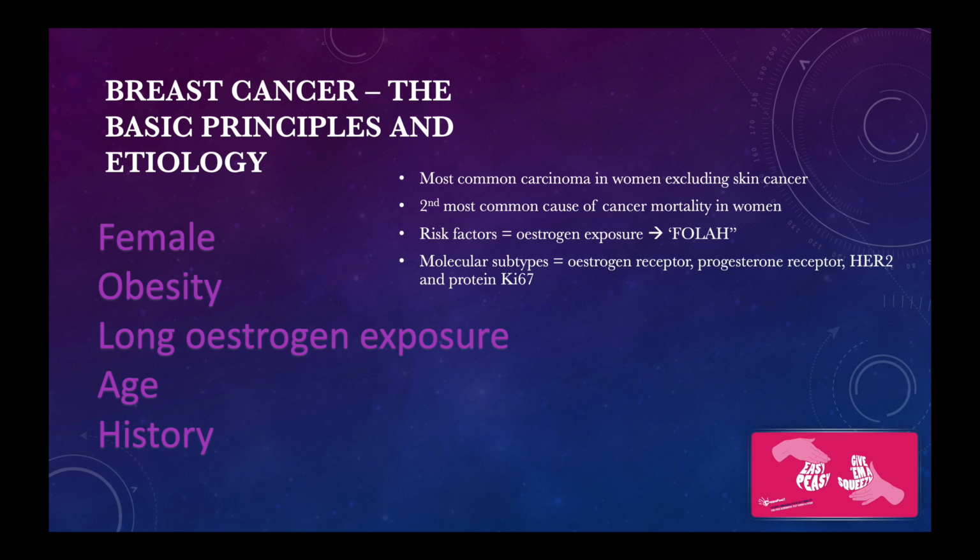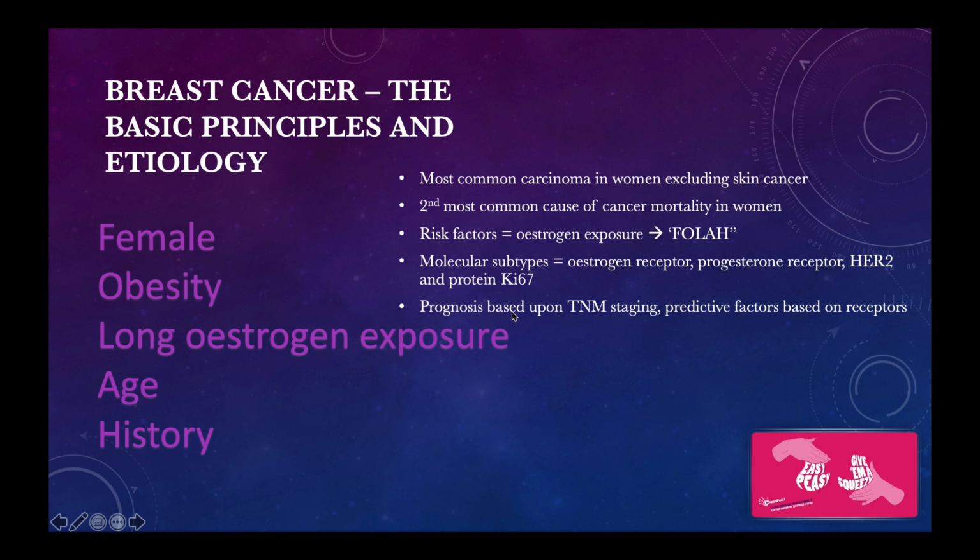And depending on what receptors are present on the tumor, we can actually target special therapy to eradicate the cancer via chemotherapy. And this is what I wanted to lead into, is